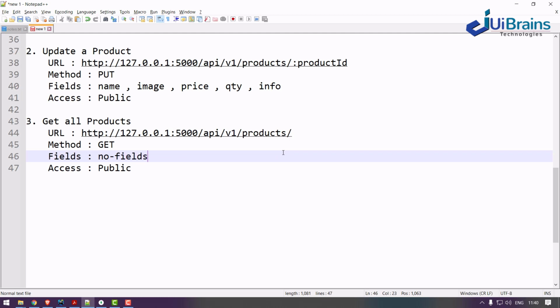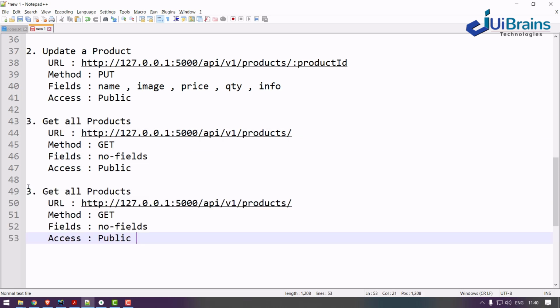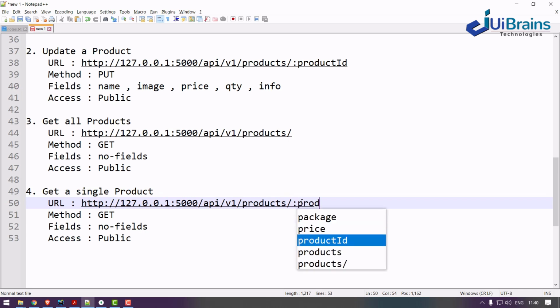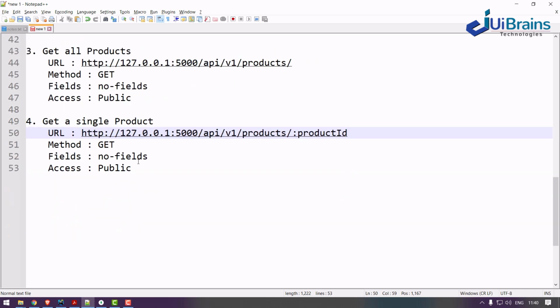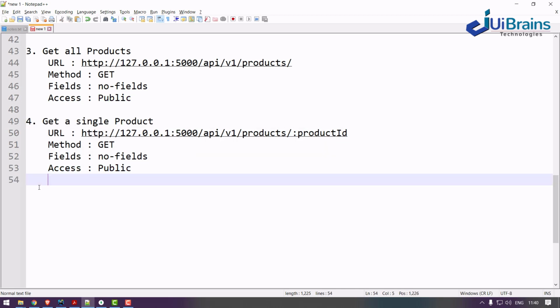So no fields required, just a GET request for getting all the products from the backend. Next, if you want to get a single product, again you have to provide a product ID, GET request, and no form fields. This is public.